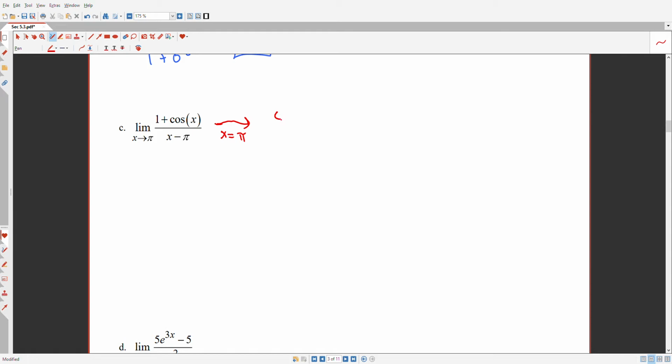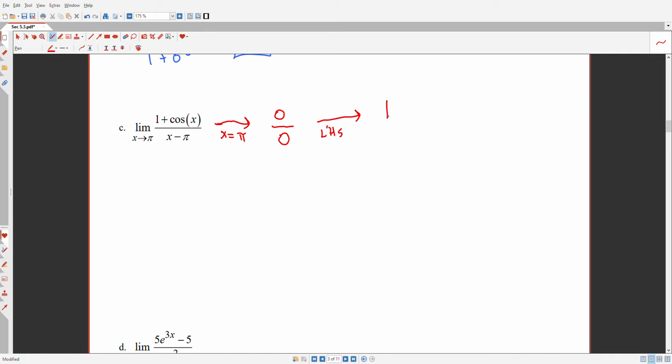That's 1 plus negative 1, so that's 0. And the point is I get divided by 0. And whenever I have something divided by 0, that's not a number. So it wouldn't quite be correct to say that this limit equals 0 over 0. I'm just trying to indicate that when I plugged in, I got a weird thing, a non-number, 0 over 0. So now we use L'Hopital's on this,